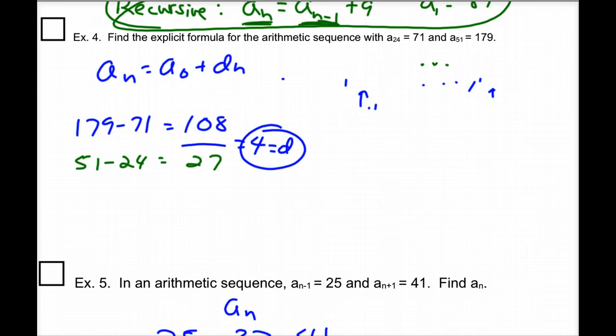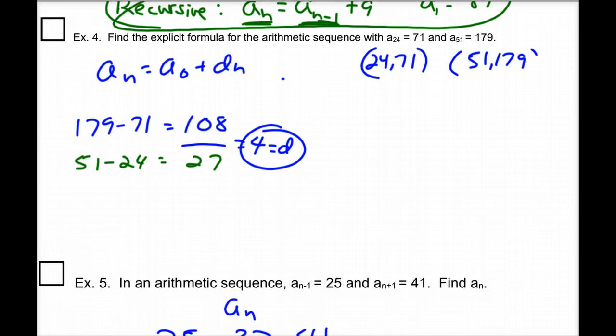Let's go back and look at another way to think about it. These are essentially ordered pairs. Plug in 24, I get 71. Plug in 51, I get 179. And what you can do then is say, common difference is basically slope. How do we find slope? Oh yeah, y minus y over x minus x. And that's all I did here. Y minus y over x minus x. So once I have d is 4, then I can go ahead and plug that in to